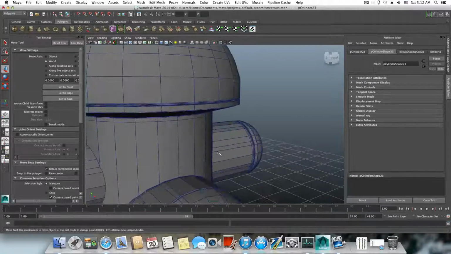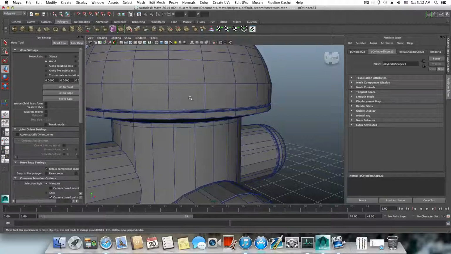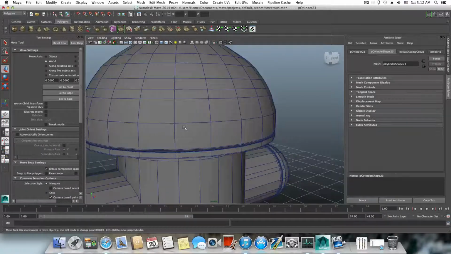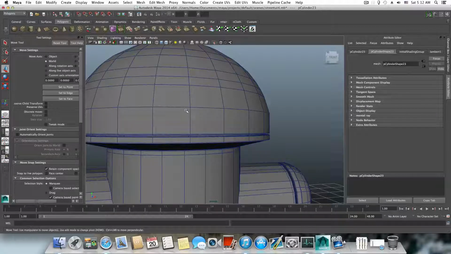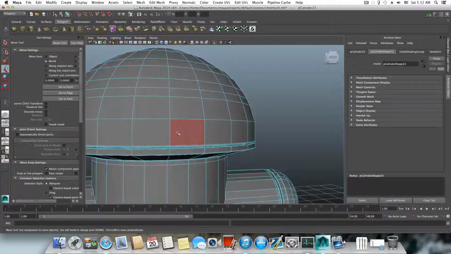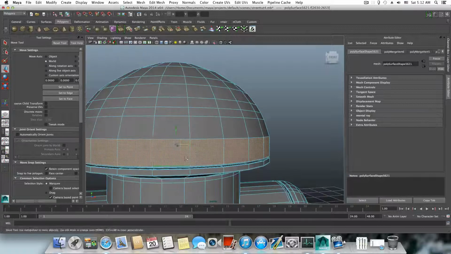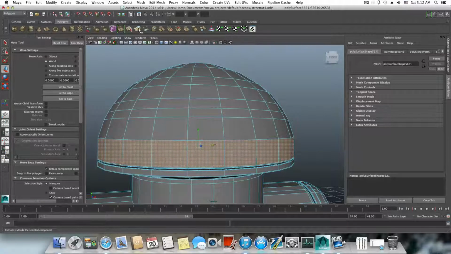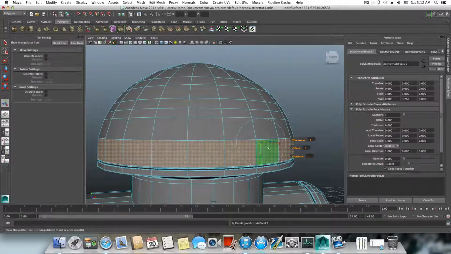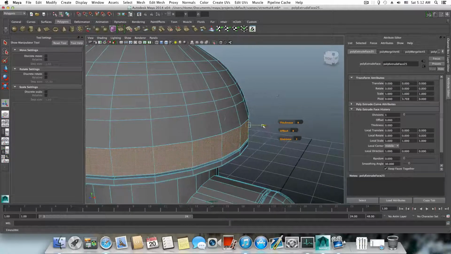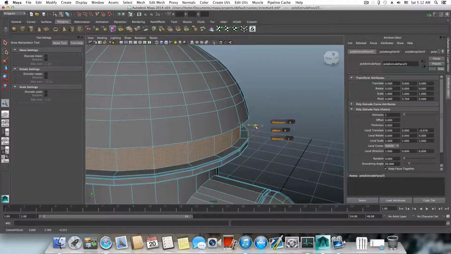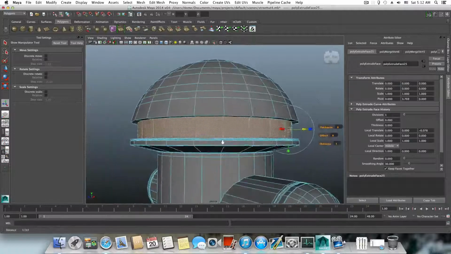I do have a problem here. I should have created something here to... I'll show you in a second. Choose face, let's choose this face. Think, yes. Want to make it like so, okay,